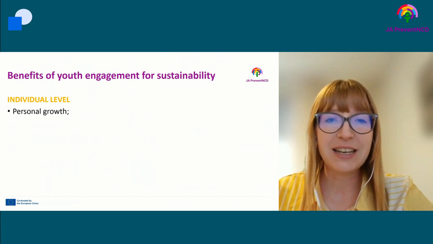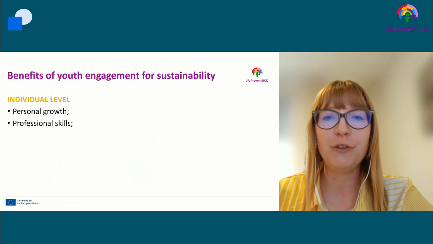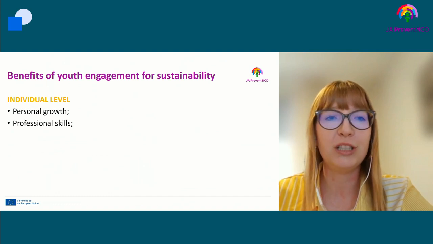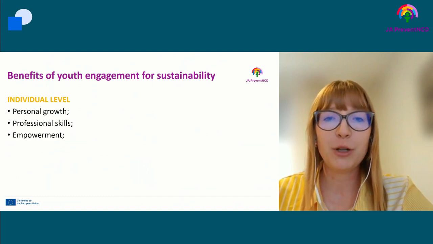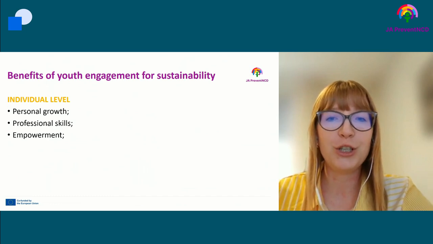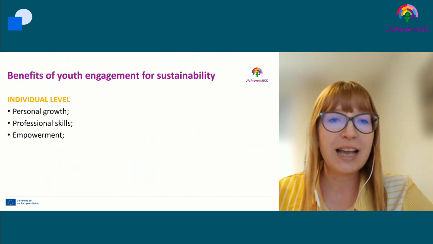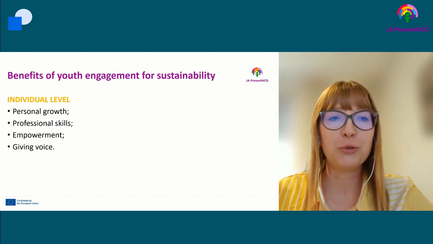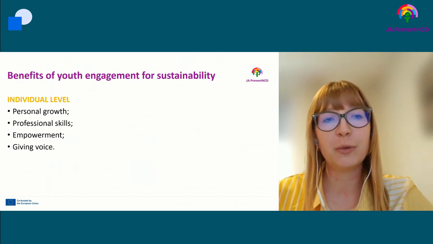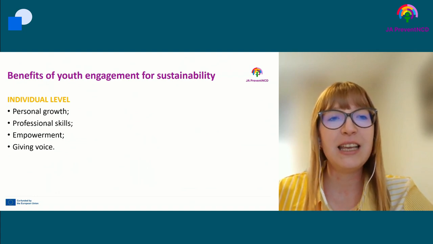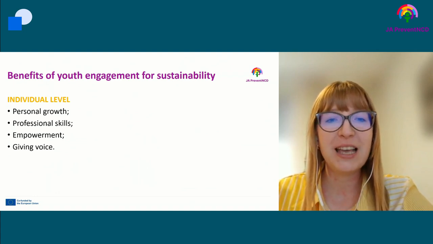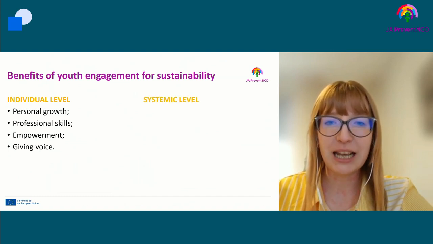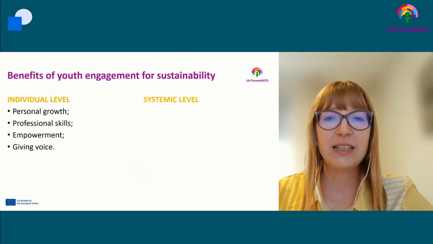And while, yes, there are a lot of positive returns of meaningful youth engagement that are far-reaching and multi-layered, young people who find these ongoing opportunities to engage in our programs will actually realize personal growth and long-term benefits, and we will be able to give voice to potentially vulnerable communities that are silenced in normal scenarios. But we also have to consider the impact on sustainability on the systemic level, because building these healthy and intergenerational